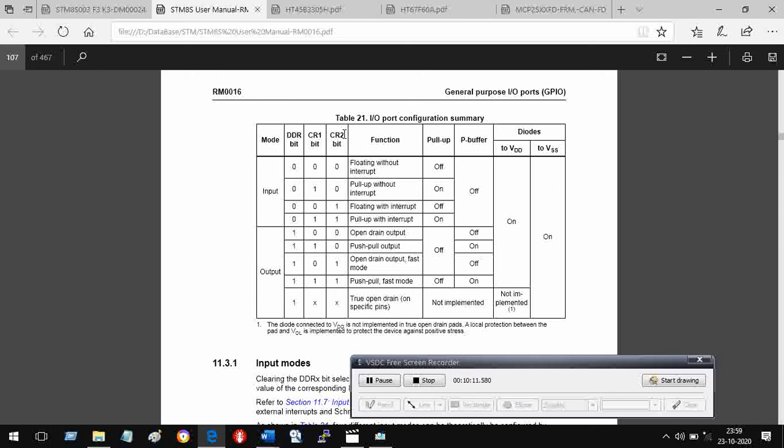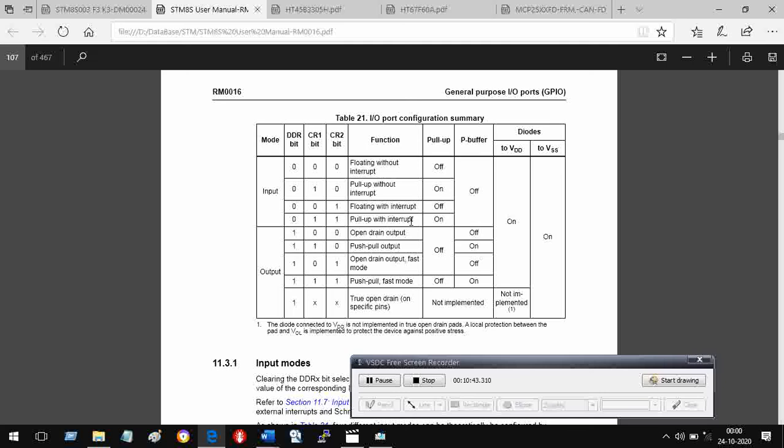If I want to make a floating input without interrupt, it is possible to configure an input port in such a way that when the input is active, it generates an interrupt. So either you permit this, or you don't need it. So it is a floating input without interrupt. It can have a pull-up without interrupt. It can be floating with interrupt. It can be pull-up with interrupt.